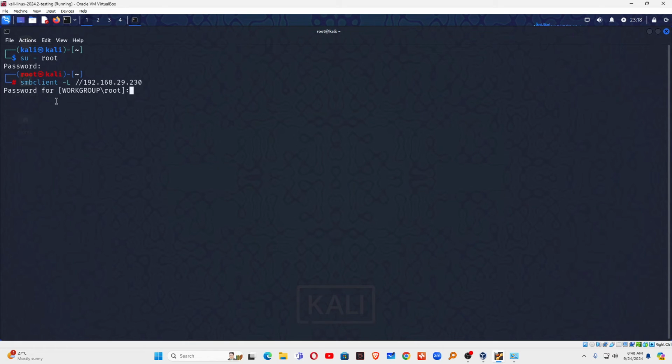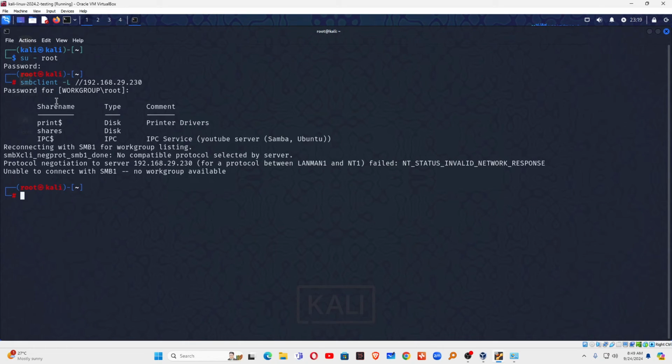Just press enter here, and you see that the shares folder that has been shared is mentioned here. It shows the Ubuntu Samba server machine, and this is the IP address of that server machine, 230.